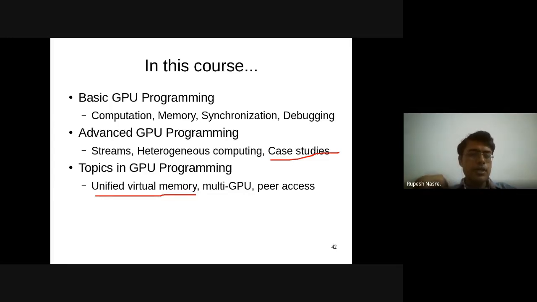And with some pride, I can say that this is one of the few courses offered all across the world which covers CUDA programming to this detail. We have also made these lectures available online, free for everybody, not only our IIT Madras students, but also other students. And there are a lot of other people who are benefiting not only from the lectures, but also the course material, various small programs which we have created to illustrate different concepts.